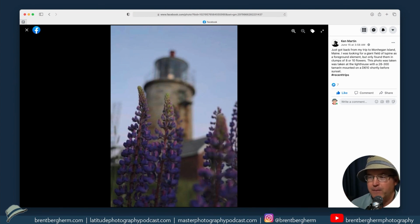Also, in the lower right-hand corner, we do have this element of a lupin really out of focus, so it's a little bit too close. I would say go ahead and try and move that out of the way, whether you're going to use your hand and just temporarily move it out of the way or something like that, because these items that are coming across in front of the lighthouse, I think that certainly makes a lot of sense, and that's a fine compositional layering element. So we are looking to use and talk about lines. So these two items, especially on the left-hand side, as they launch upwards,